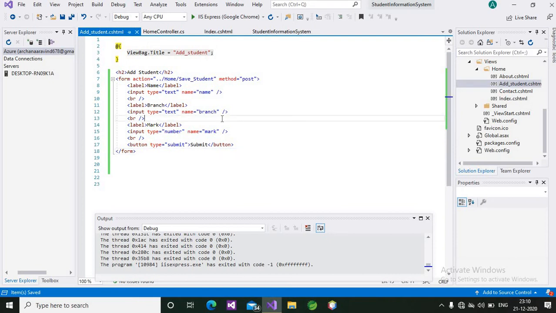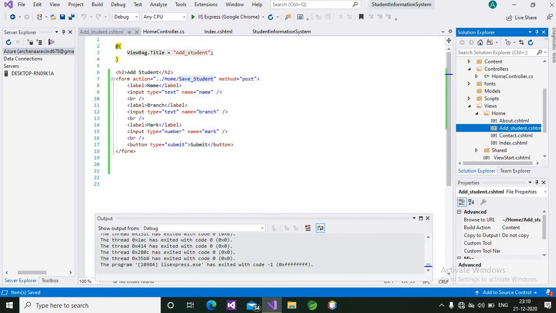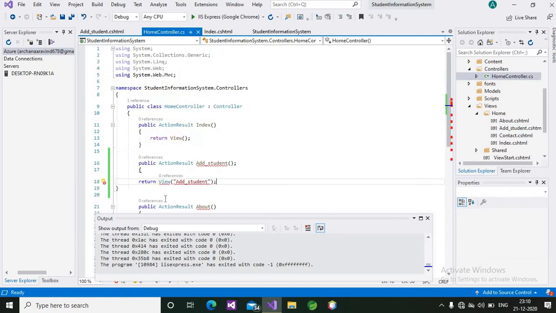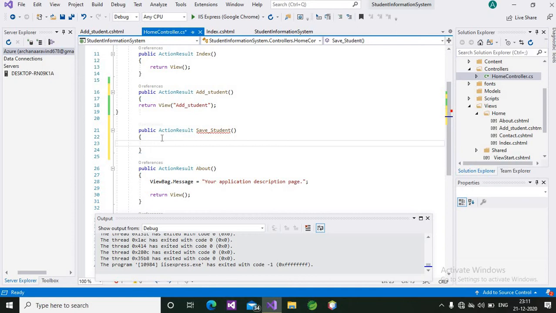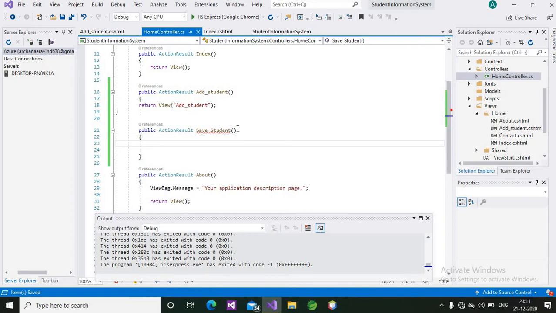Okay. Within the home controller, we have to create this save student action result, so we can select the home controller, in which we have to give public action result save student. Within this save student, we can give all the code to save the student details.